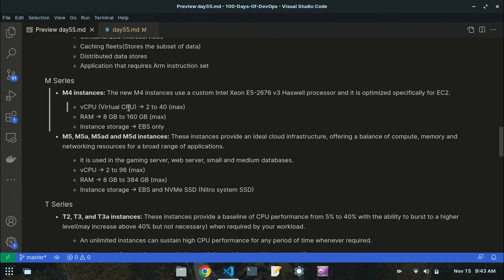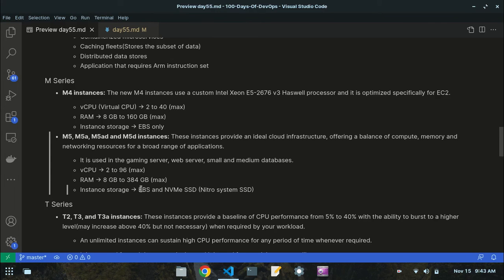In the M4 instances, the virtual CPUs ranged from 2 to 40, but here they start from 2 and end at 96. After that, the RAM is provided from 8 to 384 GB, but in the M4 instances the range was 8 to 160 GB. The instance storage is EBS and NVMe SSD, meaning Nitro System SSD.